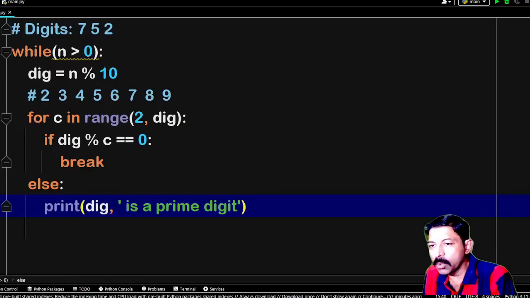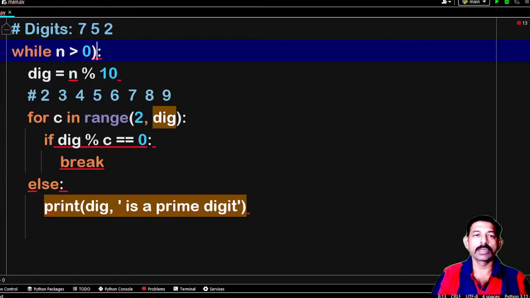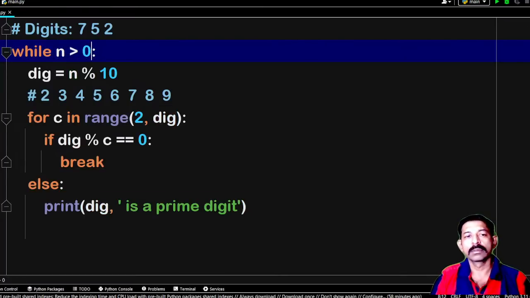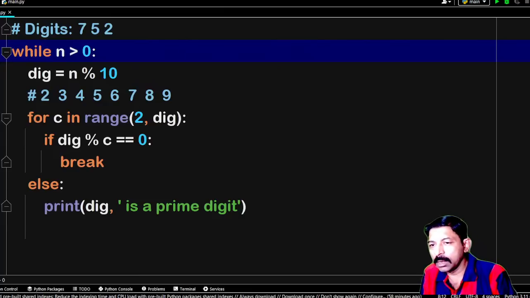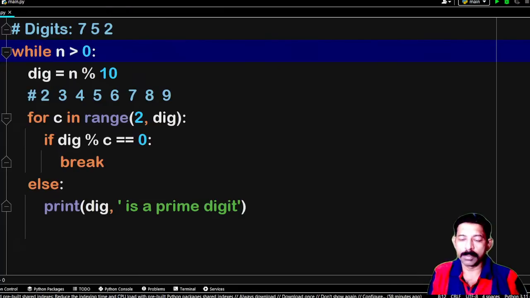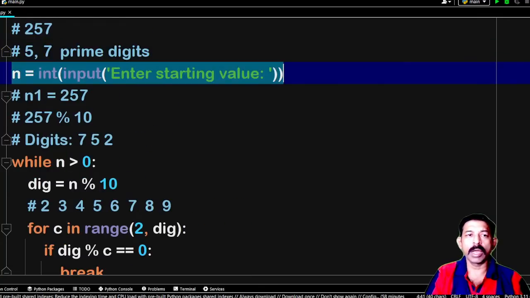Sir, is it important to keep n is greater than 0 in a bracket? Not needed. I am habituated with the Java, that's why I'm doing like this. It's not needed, beta. Aishwarya Vihara, int input statement. कहाँ है input statement? Input statement खत्म हो गया है ऐश्वर्या।